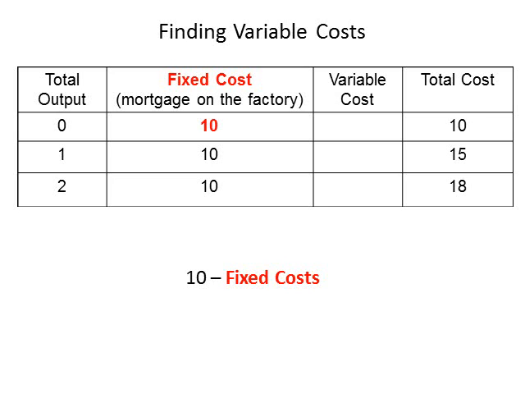Next, locate the fixed cost column in the table and in the formula. Notice that the fixed cost is $10 when the company produces 0 printers. Next, substitute $10 into the formula for the fixed cost. Subtracting $10 from $10 gives $0. While it may appear this doesn't make sense,